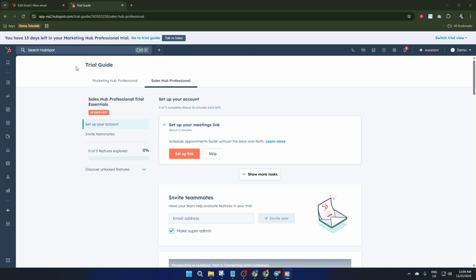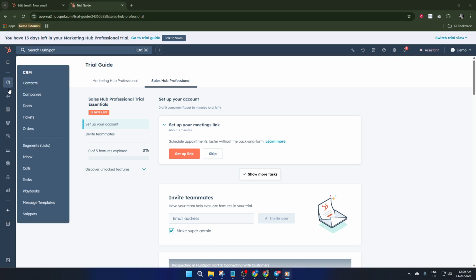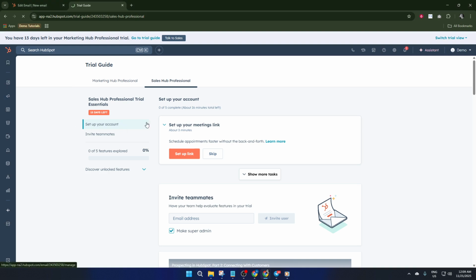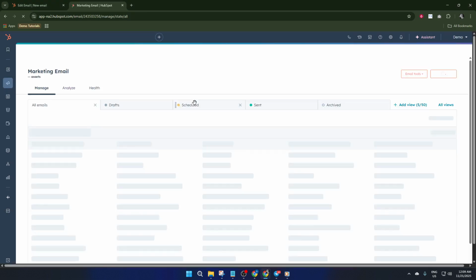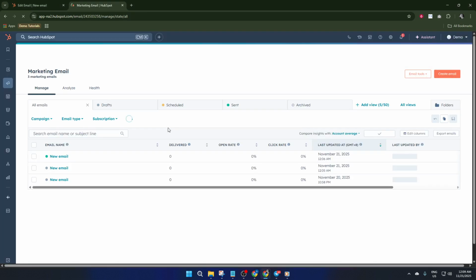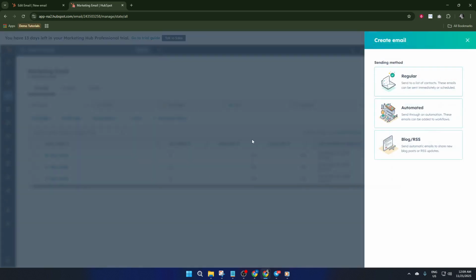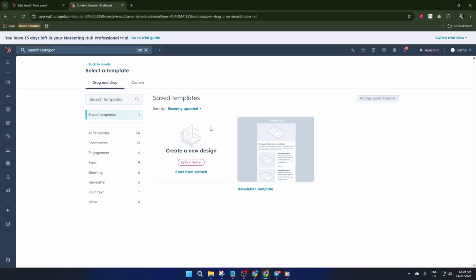First up, we need to actually create that automated email. Inside your HubSpot account, head to the top navigation and select Marketing, then Email. This is like your central command center for all things email related. Once you're on that page, look up to the top right corner and hit Create Email. Now, here's where it gets key. On the right panel that pops up, make sure to choose Automated as your sending method. HubSpot separates automated emails from regular campaign emails, so this step sets your email up to be used in workflows